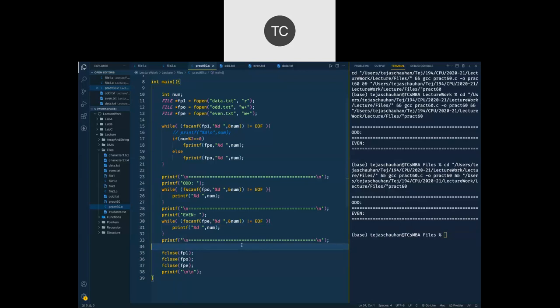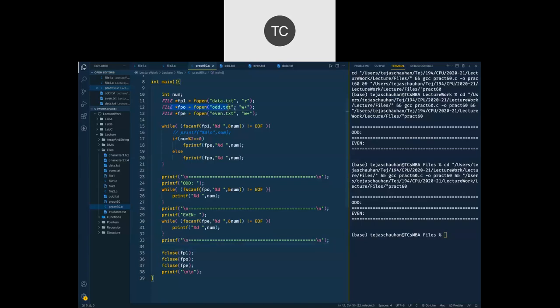Look, don't forget all these file operations, read and write operations, are going to update your file pointer. Whenever you use these file IO operations, whether it is getc, putc, getw, putw, fscanf, fprintf, any operation, it is going to update your file pointer.